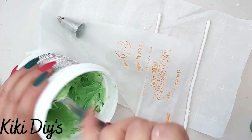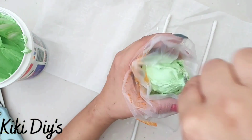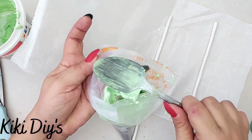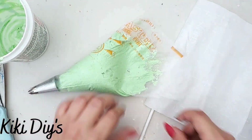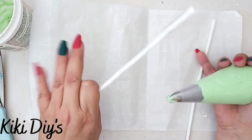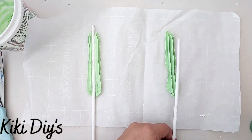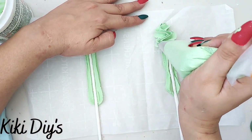Now, what I'm going to do is I'm going to use my 1M Wilton tip in a piping bag, and I'm going to fill it using that green spackling like that. It's a little bit windy today. So I'm just going to do that. And then I'm going to squish it down, make sure that I have it there, twist it, and start with my meringue pops. I just add a little bit to the parchment paper,